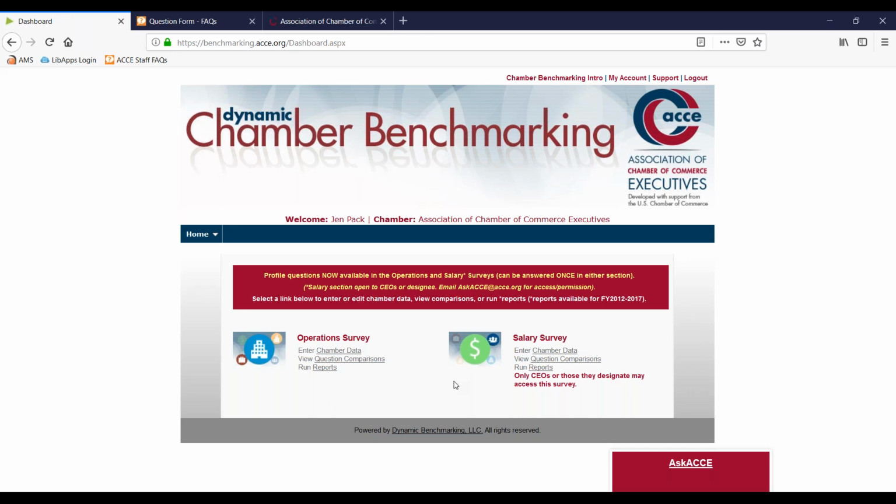And you can enter your data for free into the operations or salary survey areas, and then produce reports. All you need is your ACC username and password, and it'll get you into Dynamic Chamber Benchmarking. And these two